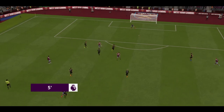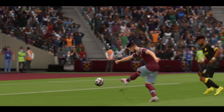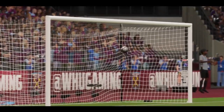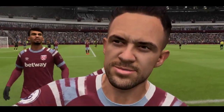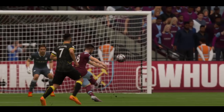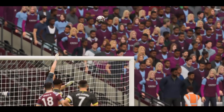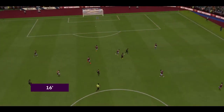Soucek. Danny Ings. Danny Ings! And a goal! That is a very bright start. Perfect way to open. Danny Ings! Well, capable of so much better, to be honest. Well, I expected more as well, Derek. I thought from that sort of position, he had every...